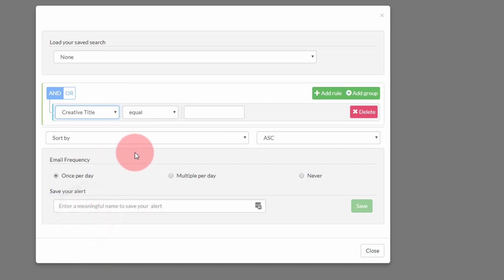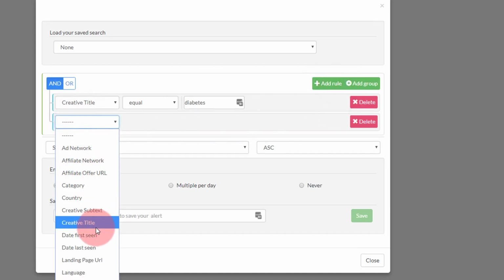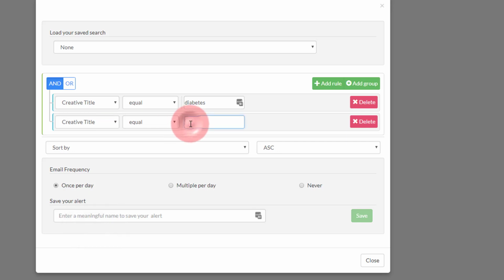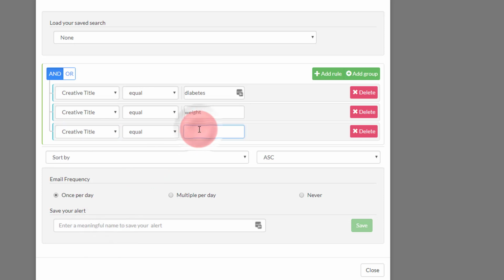So the first rule will say the creative title equals the word diabetes. And I'm going to add another rule here. Creative title equals weight, and maybe one more rule. Creative title equals weight loss. All right, and in terms of the Boolean operator, we are going to select the OR operator because